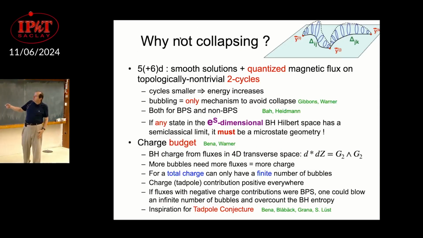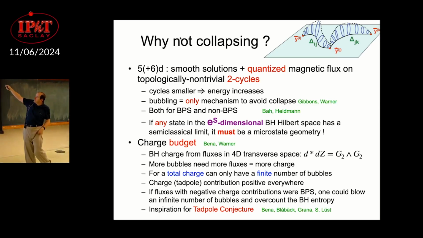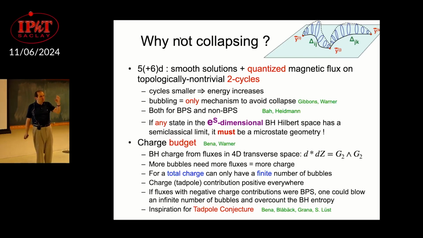If you look in 5 dimensions, all the solutions have bubbles, and they have 2-cycles. The 2-cycles have flux. When you put flux on a bubble, there's a potential energy, there's a kinetic energy. When you have some topological bubble with 17 units of flux on it, when you make the bubble smaller, the energy becomes bigger. The energy of the flux is always the number of flux units times g^{θθ}, with the legs up. And therefore, when the bubble becomes smaller, the energy becomes larger.